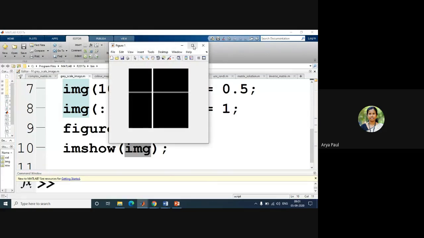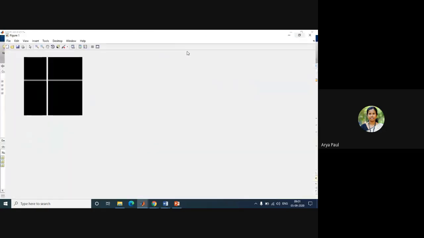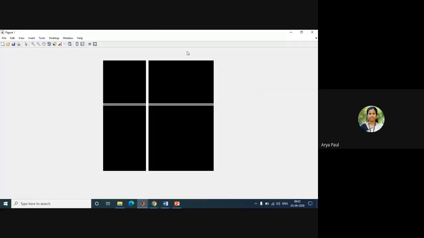So I'm going to run this. When I run this, you can see the figure displayed. Here 1 means it is complete white. When I make the values of the matrix 1, it means all white. If I make it 0, it means black color. So 0 indicates black and 1 indicates white. Here it is displaying as an image. A matrix, you can represent it as an image. Actually, a matrix means it's an image.